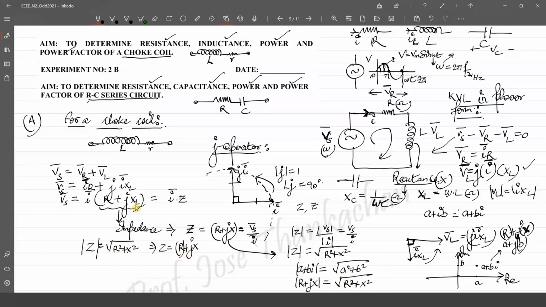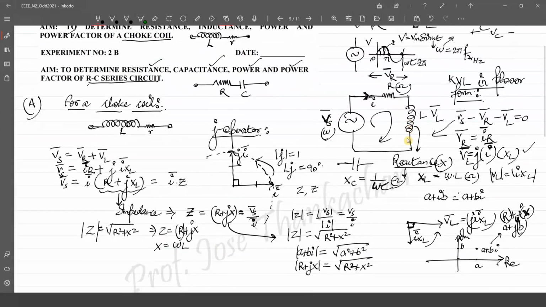And what is R? R is the resistive part of your circuit here. This is the circuit which we are talking about, isn't it? And what is X? X is the reactance part of your circuit. In this particular case, it's an inductive reactance. And what is X here? I had told you, X is nothing but omega into L. It is a component which depends upon the frequency of AC excitation, omega. I hope this terminology is clear to all: R, X, R, L, XL, Z, root of R square plus X square, and so on.